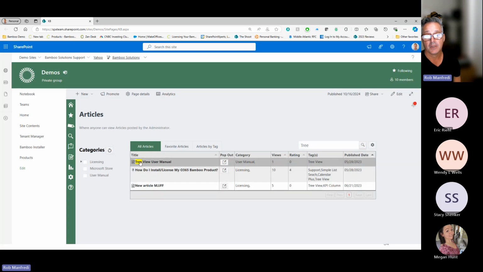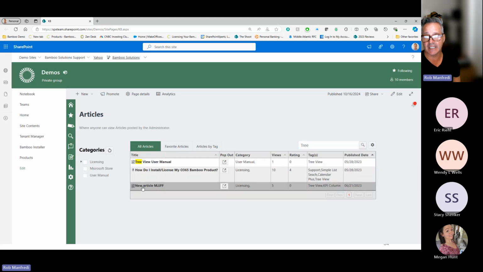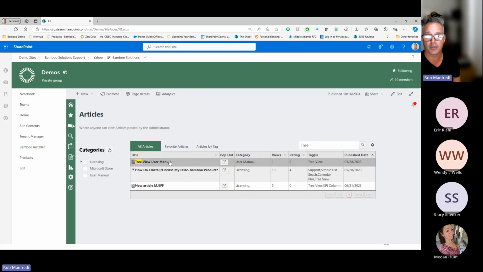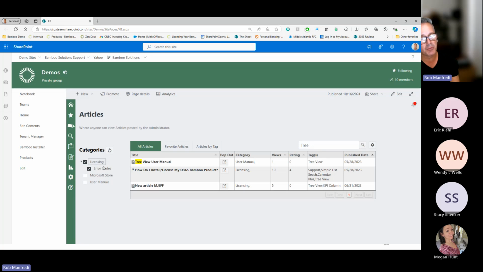Okay. Now, if I get a very large hit list of articles, I can then bring it down by category. So categories can be nested. They are still all independent. So if I choose error codes, it's not going to choose error codes and licensing. I would need to select both. But it is a way of grouping them logically for your users so they know where to look, right? But what's nice is as I move through these,